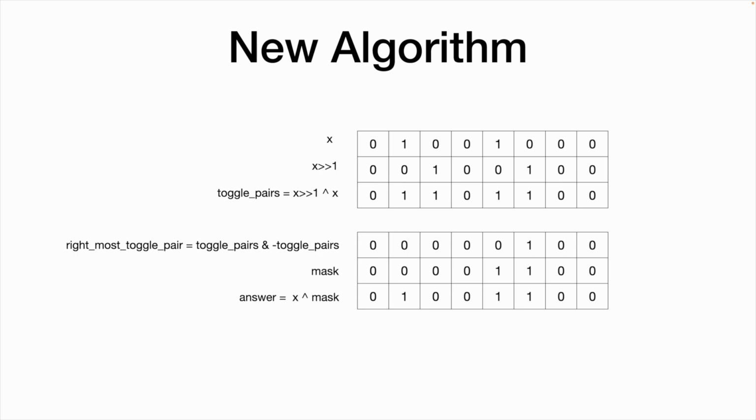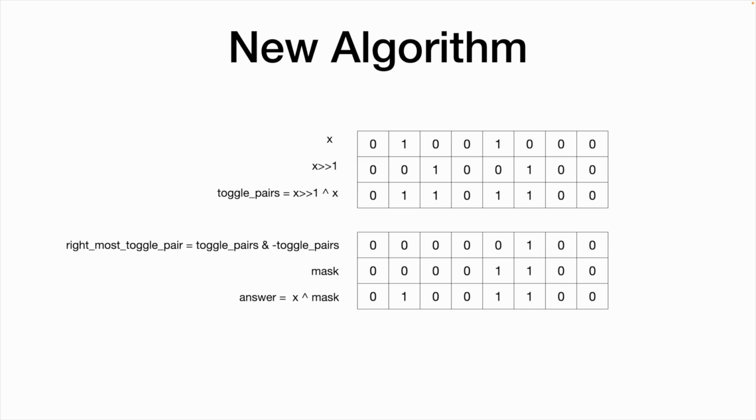and came up with this idea. As you see, if x is your input, the idea is to find the rightmost pair of 0, 1 or 1, 0. It doesn't matter. Just the first switch from 0 to 1 or from 1 to 0, and then toggle those two bits, and that would give the closest number.